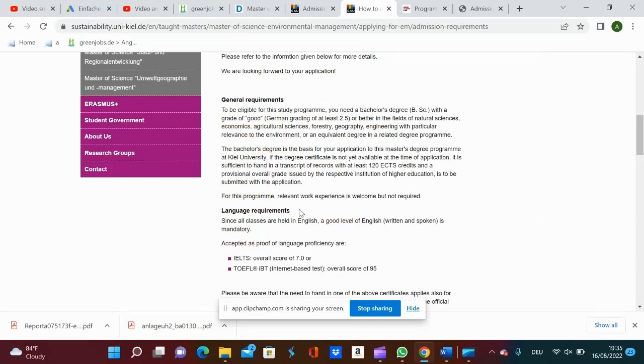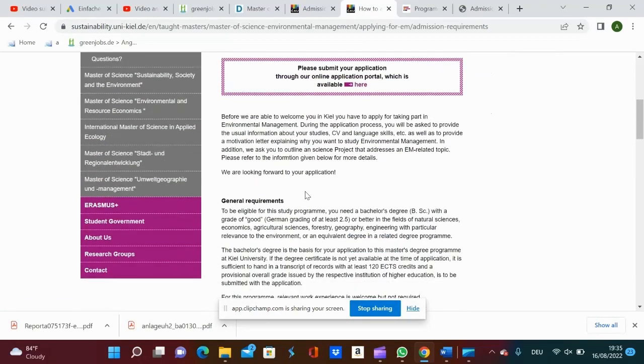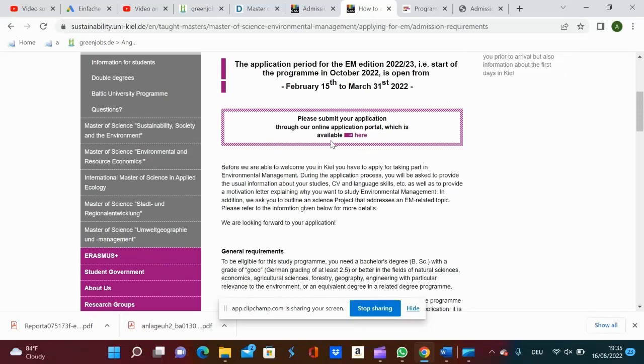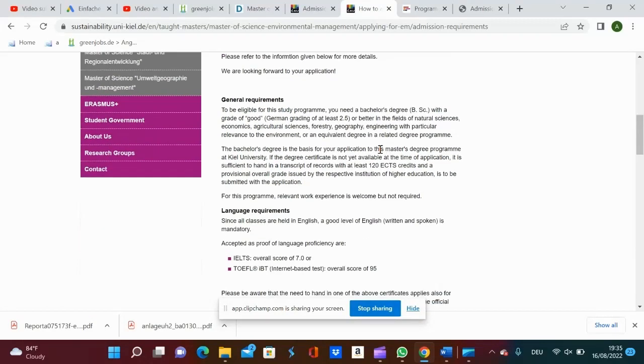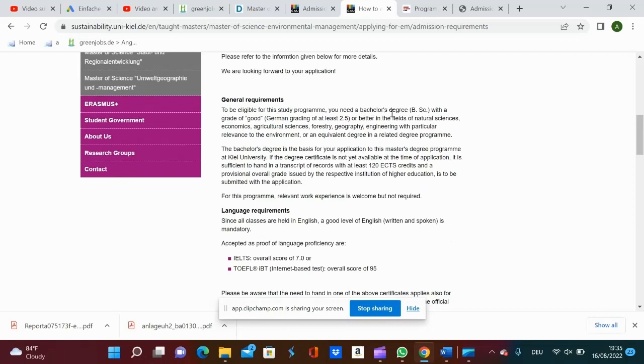So when I open this link, it says these are the application periods, and then how you submit the application, and then these are the general requirements. It says that in order to be eligible, you have to hold a Bachelor of Science with a good grade for the German grading system of at least 2.5.